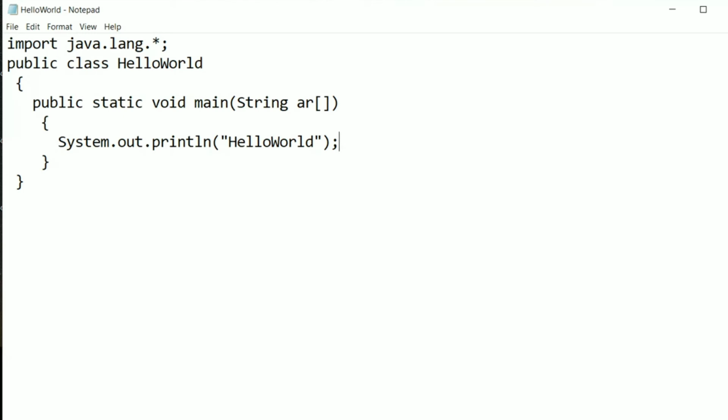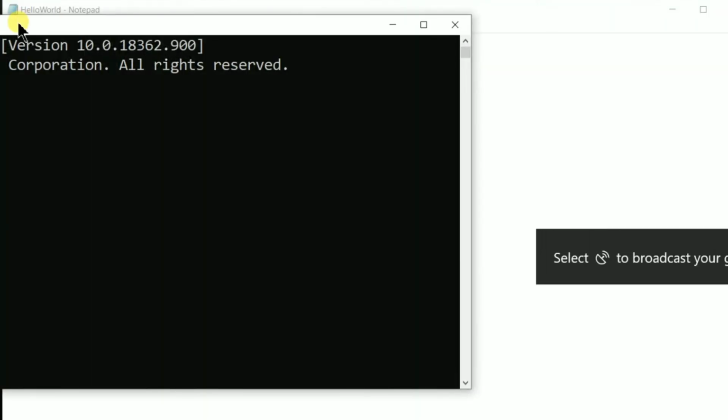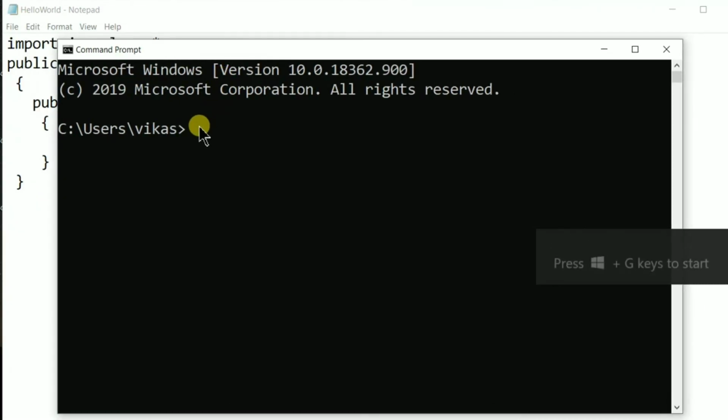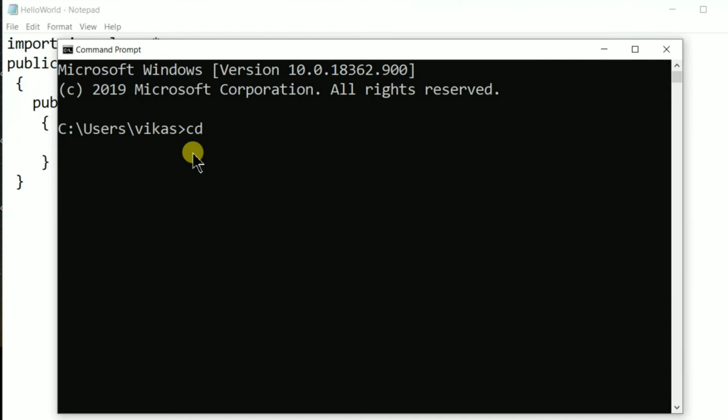Now open the command prompt. Write here cd slash, this comes in the C drive. If you have saved your program in D drive, then write D colon. If E, then E colon.